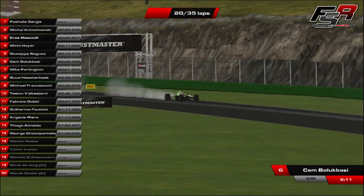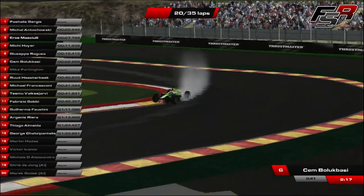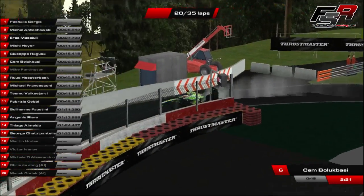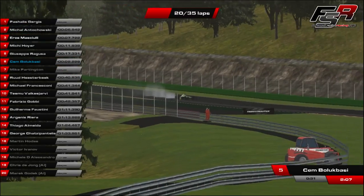Bolek Bossy has lost his rear wing, decides to keep on going though. But this is such a big shame for this race. Bolek Bossy most likely is going to retire. We have another retirement in the name of Mike Partington, who spun it before Blanchimon and must feel very bad